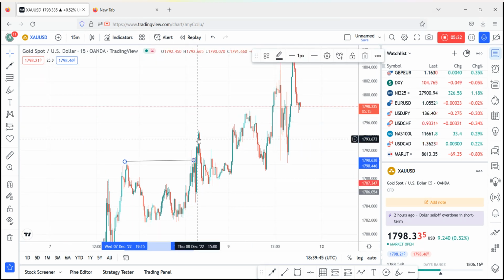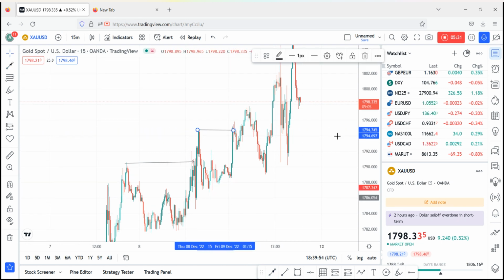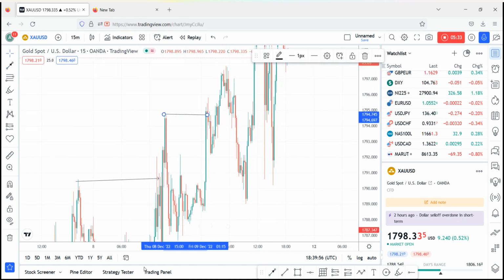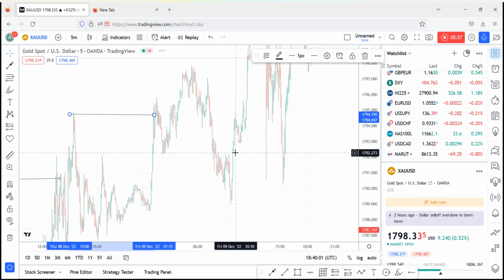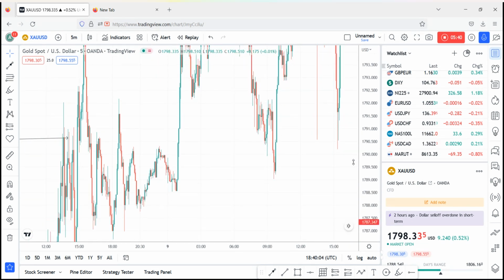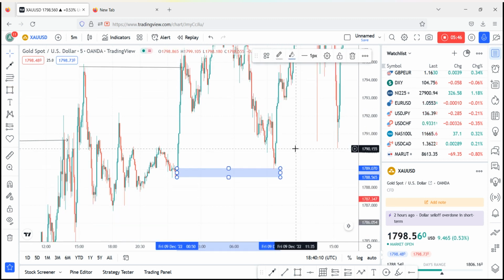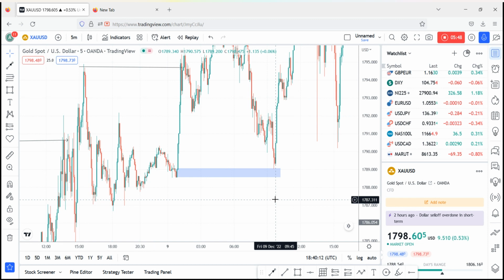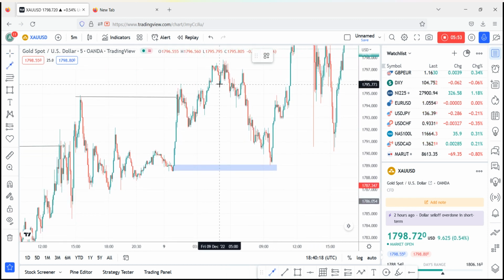But what market did was, market took a break of structure, mitigated this demand zone and went to the upside, and then again market broke the structure from here. This was the low, and if I go in the 5 minute chart, because I have to refine my zone, what market did. So this was the last recent candle that took out the last recent candle low. So market cleared properly. So this was the liquidity,